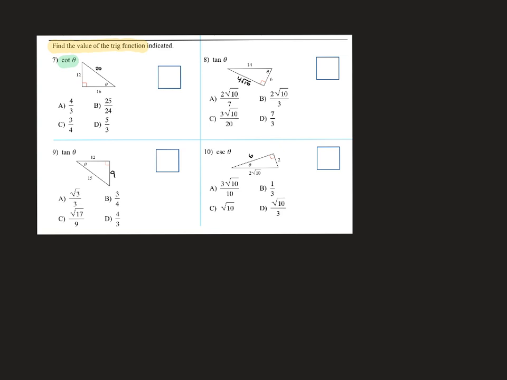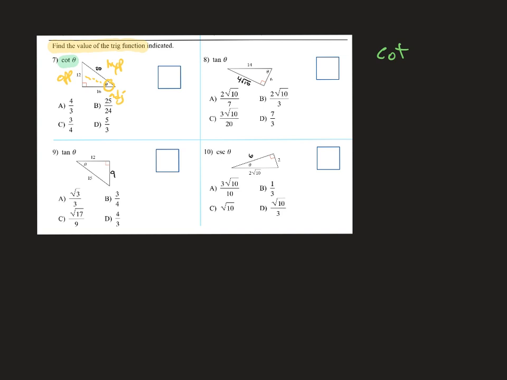cotangent of theta. Theta is here, and I identify that, and then I label these sides. The 12 is across from theta, so that is the opposite side. And the 20 is across from the 90-degree angle, so that's the hypotenuse, and the 16 is the adjacent. Then we're going to build a fraction using our trig ratios. So remember,